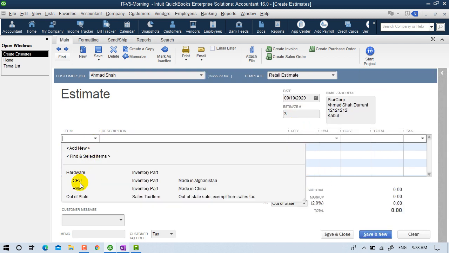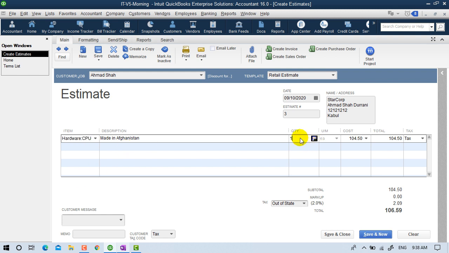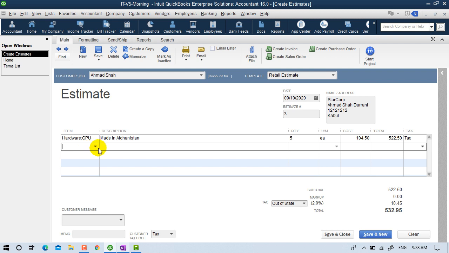So for instance they want to buy CPU, okay, 5 CPUs for instance, and also they want to buy a RAM, a random access memory. How much? 3 for instance, 3 random access memories and 5 CPUs. So it will be